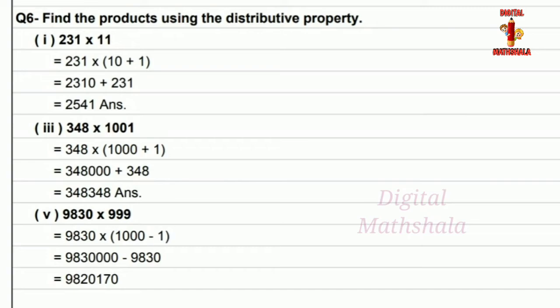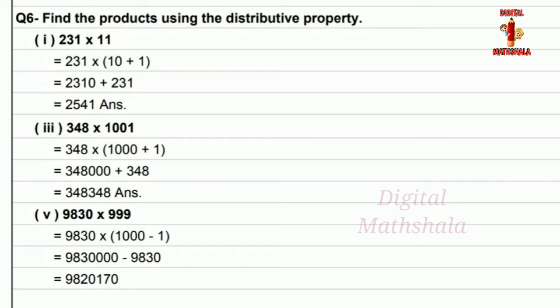Same in the third part we will do, but in this part we will divide 1001 into two numbers. One number is 1000 and the other number is 1. So it is the mixture of two numbers, 1000 plus 1. Now we multiply 348 by the first number, that is 1000, then we will have 3,48,000, and then the plus sign will come, which is given inside the bracket, and then we multiply 348 by 1, then the answer will come the same number, that is 348, and then we will add these two numbers and the answer will come 3,48,348. That is the required answer.